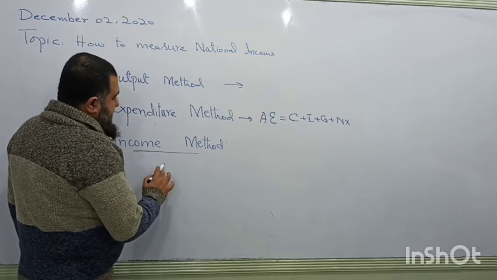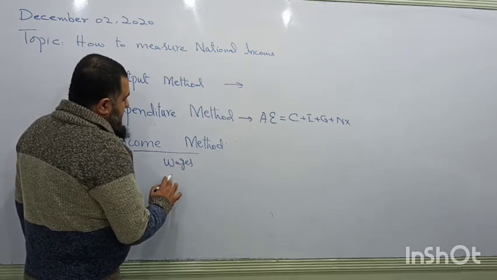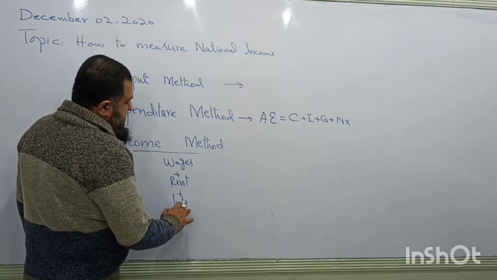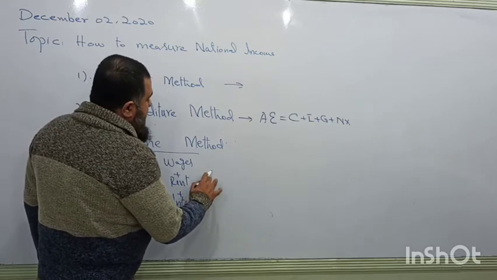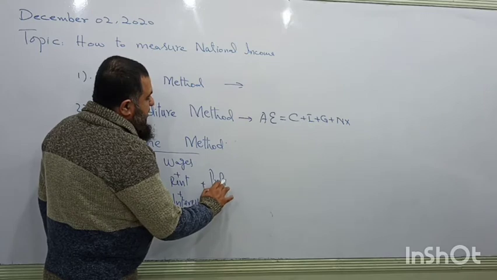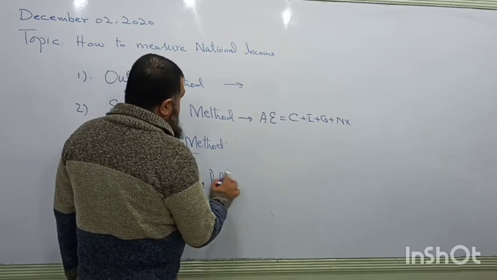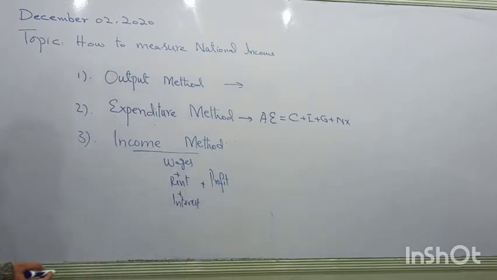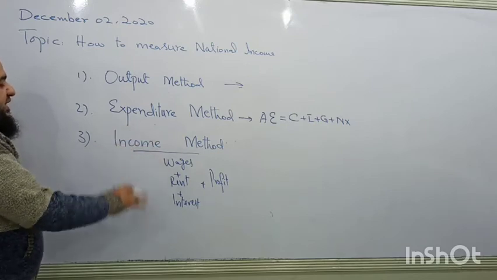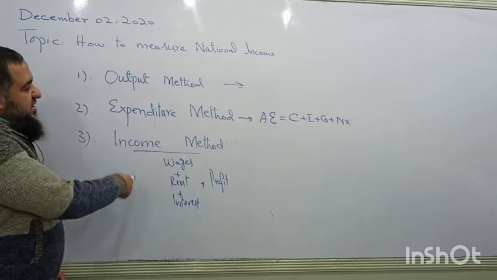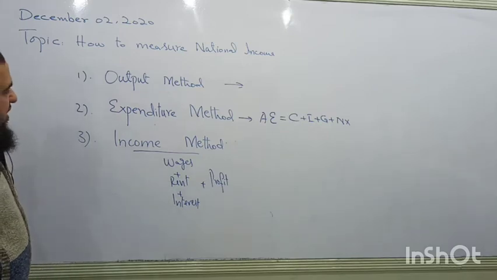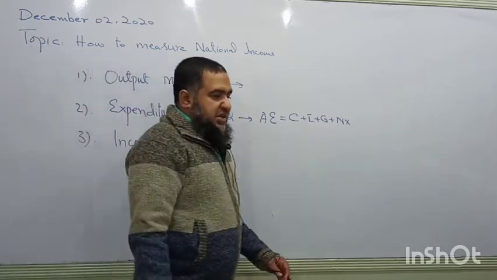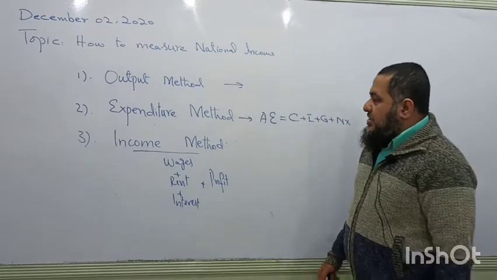Income of all the factors of production, like wages we are adding, plus rent we are adding, plus interest payments, that's also an income, plus the profit of the corporate sector, profit of corporations. Profit is also the income of corporations, that is the enterprises. If we add all these incomes, keep it in mind again, if someone is receiving transfer income, that is not included in the income method. We are including all types of incomes, either they are coming from abroad or within the country.